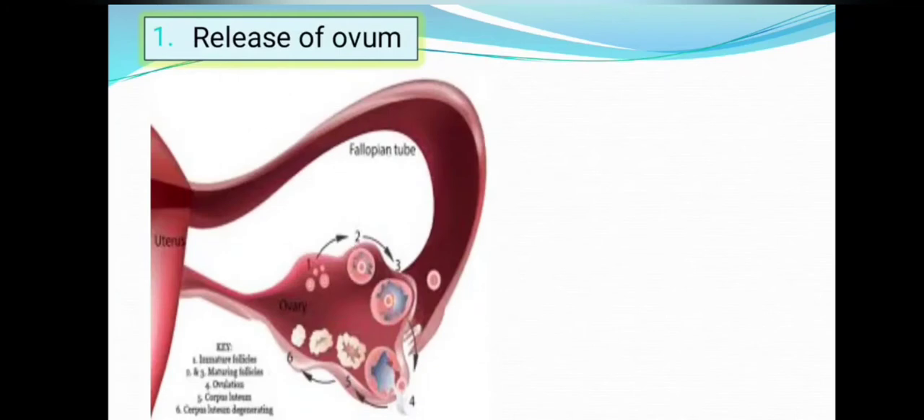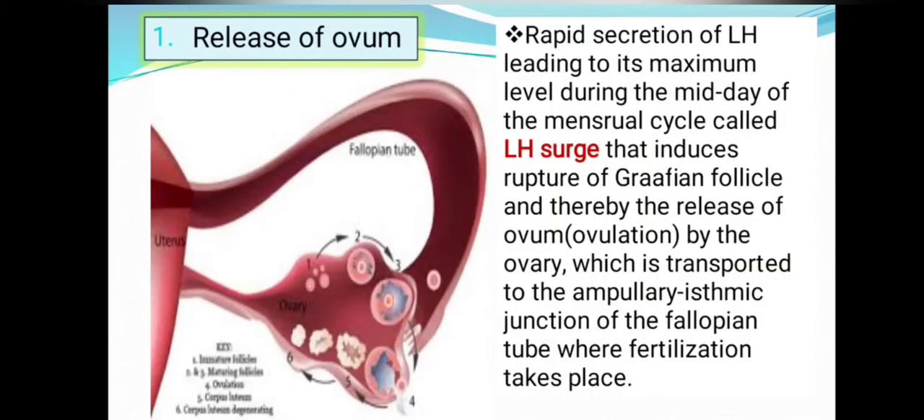That is the release of ovum first. Now, rapid secretion of LH leading to its maximum level during the midday of the menstrual cycle is called LH surge, that is called as the ovulatory phase of the menstrual cycle. Due to LH surge, rupture of Graafian follicle is induced and thereby the release of ovum by the ovary takes place. Ovum here is the secondary oocyte, which is transported to the ampullary isthmic junction of the fallopian tube where